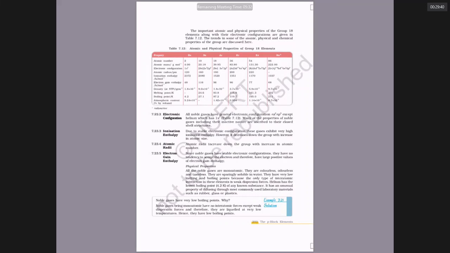What happens when XeF4 is kept in water? It undergoes disproportionation. What is the product when XeF2 reacts with water? What happens to solubility of noble gases as you go down? Which element gives two noble gases by radioactive decay? Which is the most abundant noble gas in air? So on. So try to read this.